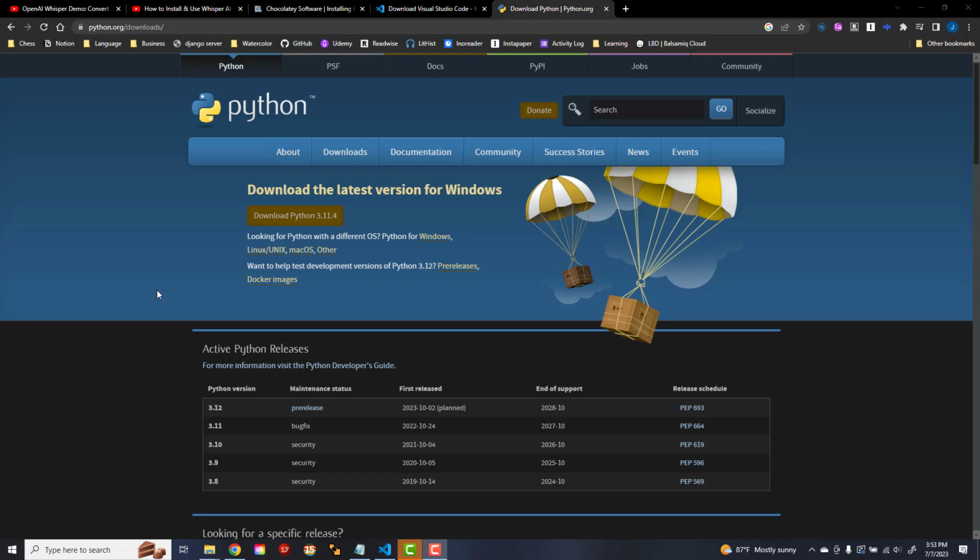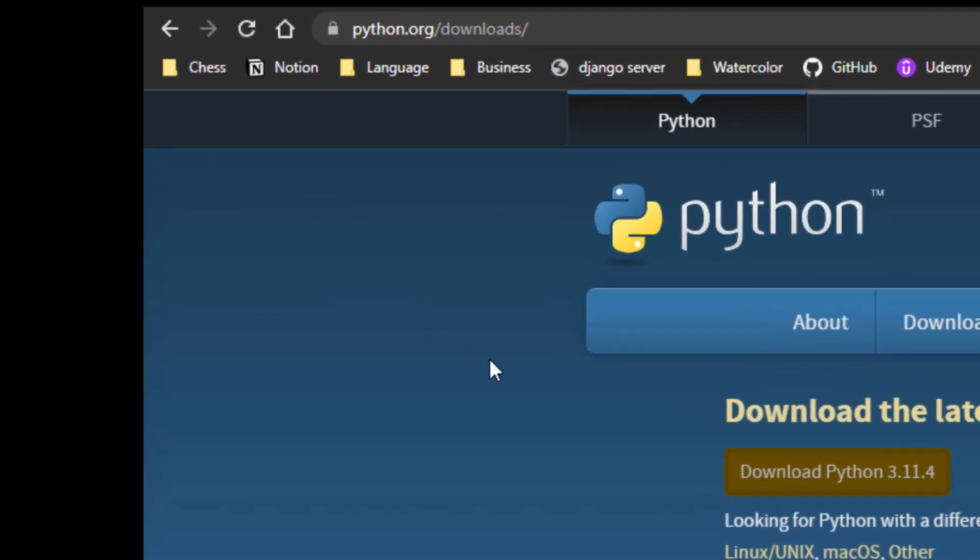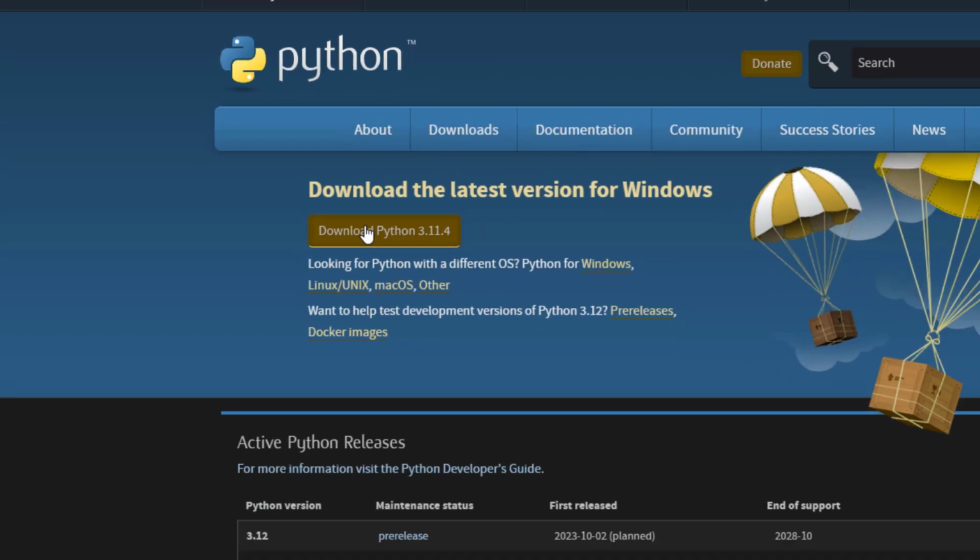First things first, we'll need Python. Python is a very popular programming language, open source, free. And so the first thing we need to do is install that on your computer. So go to python.org/downloads and click this button here